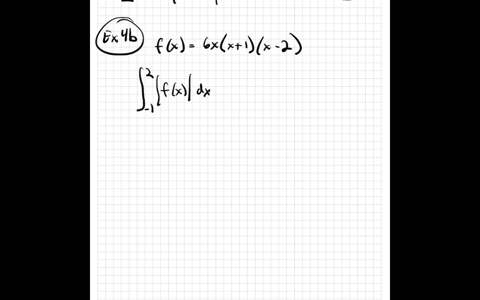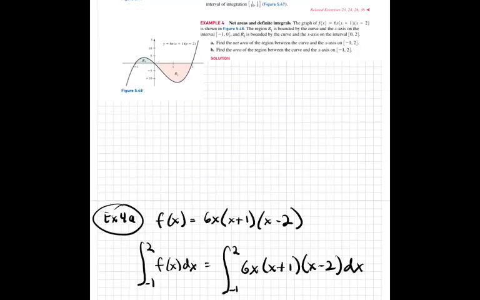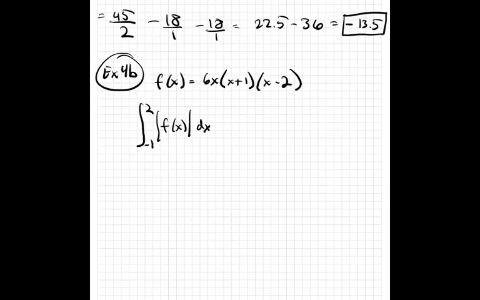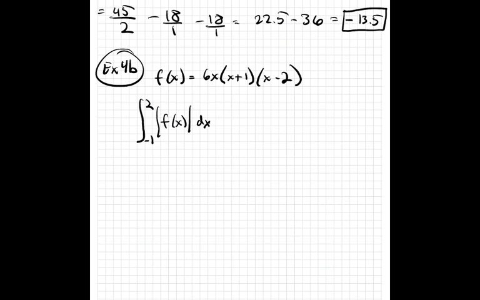I'm going to use the graph because we have it. We see from the graph that it's negative from 0 to 2. So what I'm going to do, I think this is the simplest way because of what we have access to. I'm going to rewrite this as the integral from -1 to 0, where we know that f of x is positive, so we're just going to let that be. Normally it would be plus from 0 to 2, but since we know that that's the negative contribution,